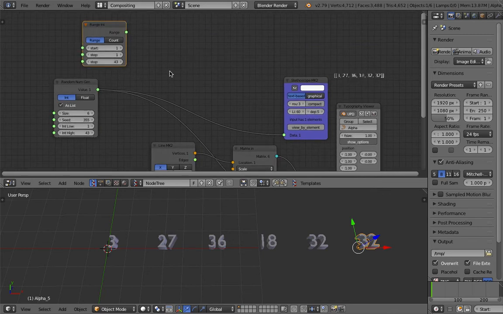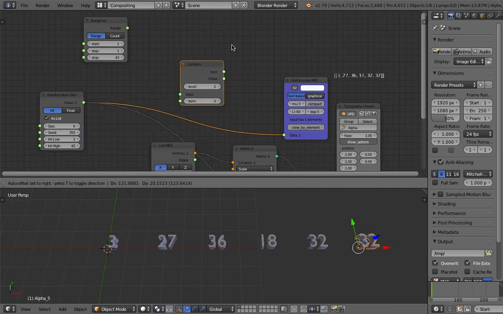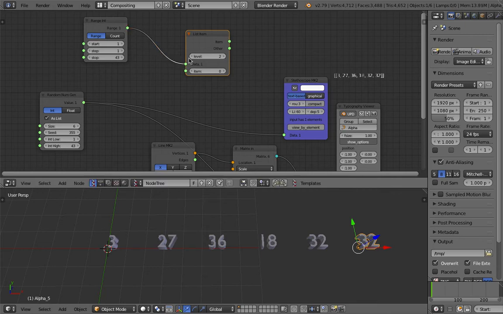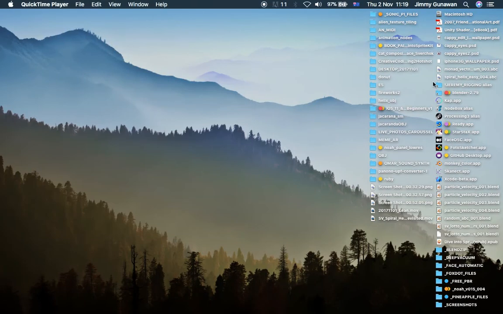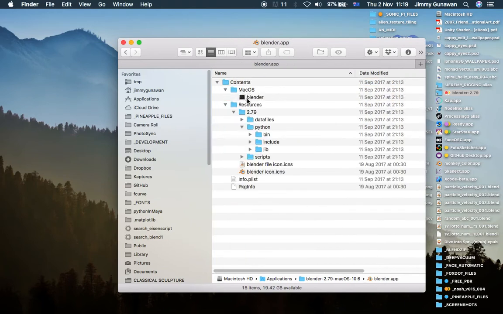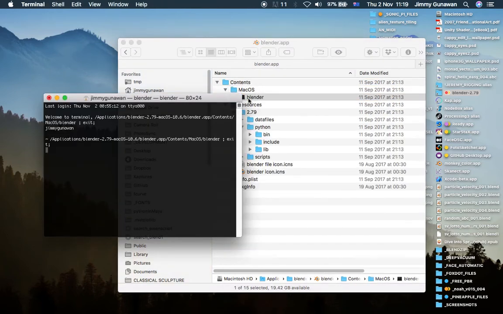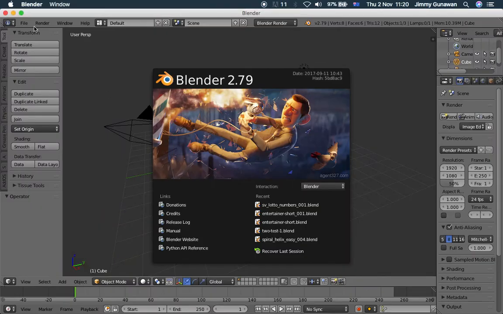We need to pick a random number, and let's say we can use a list input or list item. This is our numbers coming in, and then oops, it crashes. So I will restart Blender real quick. Maybe I didn't turn off my computer overnight, so that's probably why Blender crashes. So let's reopen it really quick. So we have a list of 42 numbers from 1 to 42,